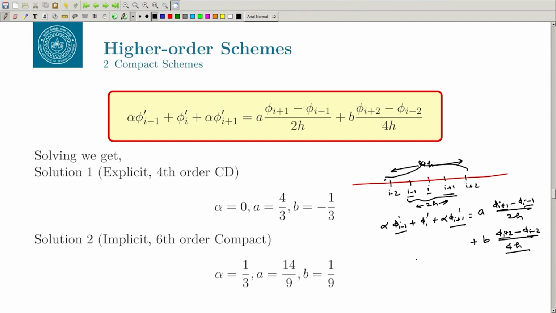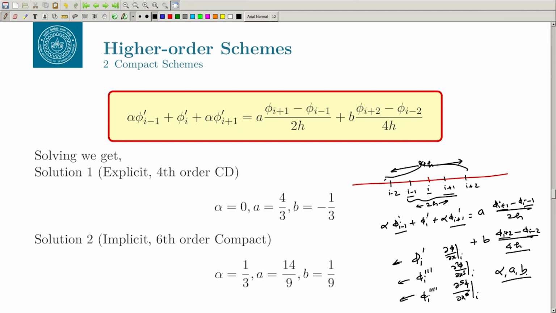Okay. And then you have to compare the coefficients on both sides of phi I prime, phi I triple prime and phi I fifth prime, which is basically del phi by del x at I, del cube phi by del x cube at I, and del fifth phi by del x fifth at I. Okay. So, if you compare this, you will get 3 equations, one corresponding to each of these, and you have 3 unknowns which are alpha, a and